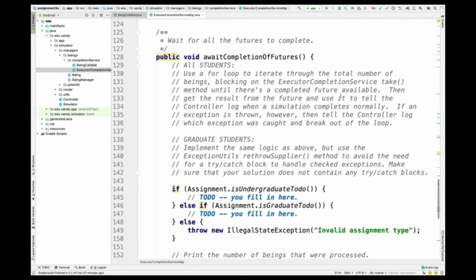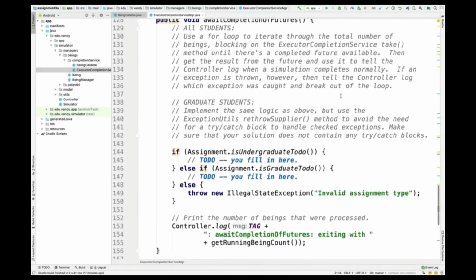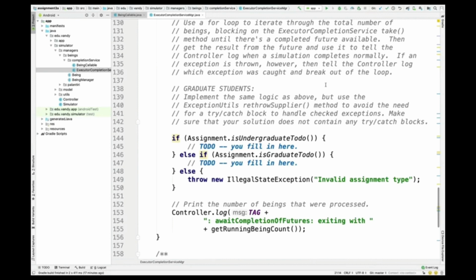So at that point, you can just get the results and then use it to log whether something worked or not. And the graduate students basically implement the same logic, but of course, make sure that you use Java 8 methods like forEach and so on and lambda expressions, and also use the ExceptionUtils rethrow supplier method to avoid the need for doing any try-catch blocks